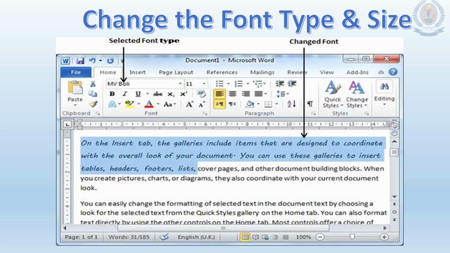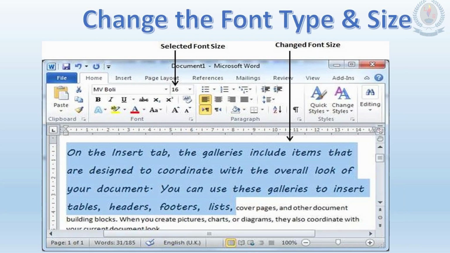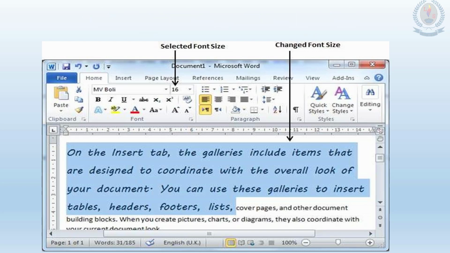And the font size, it is like this. Here the font size is very large compared to this, so you can change the font size by clicking this drop down arrow. Now here the font size is 16, so you can change the value of the size, right?